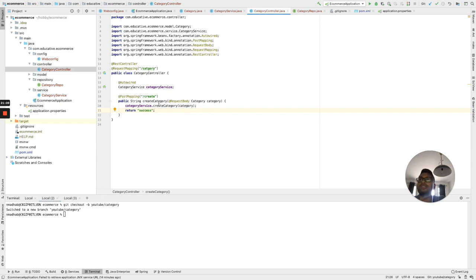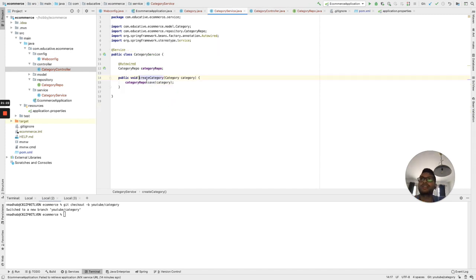So yeah, that's it. See, in the controller we have a create mapping which will take a category as the request body. It will go to this category service and create a category, and category repo will save the category, and that's it.